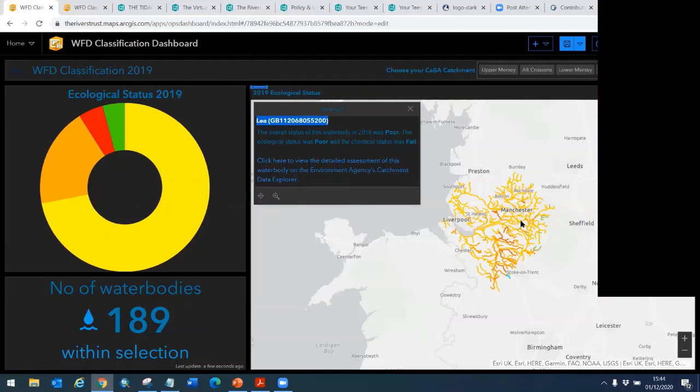And it depends how your data is structured in your initial spreadsheet or data layer as to what options you choose when you're drawing the different graphs. But it's very easy just to play around with them and get the data to appear how you want it to appear. So that was just a very quick overview of